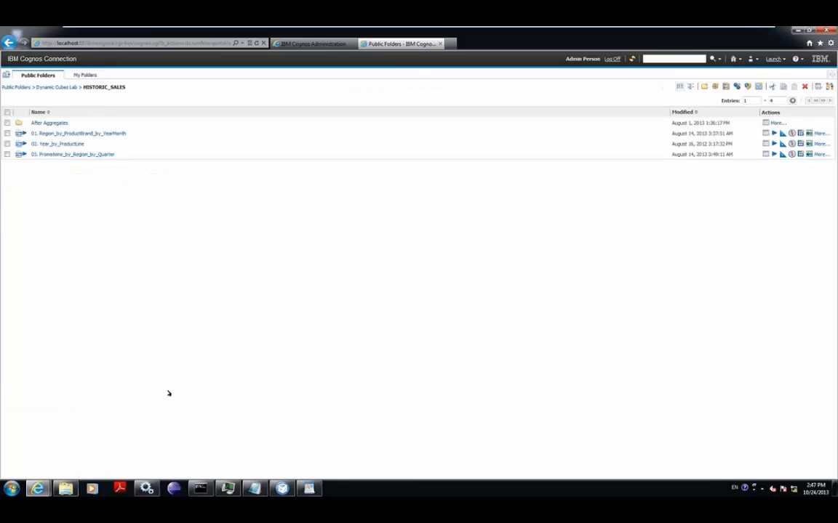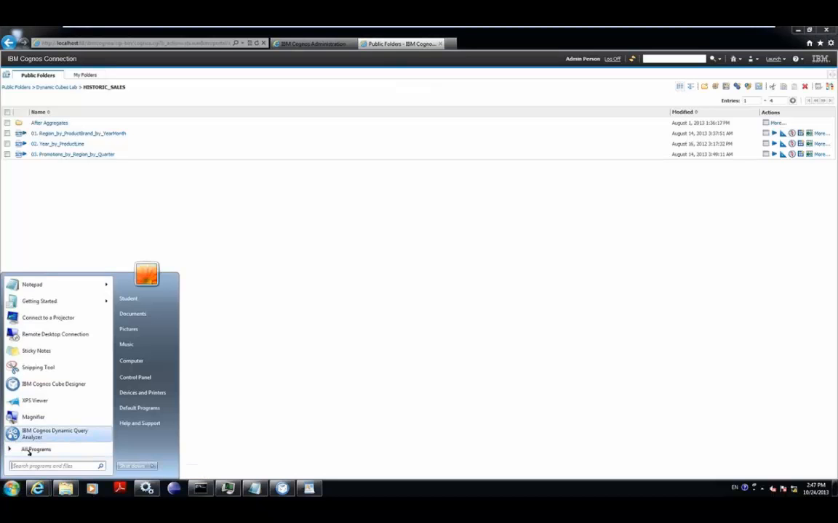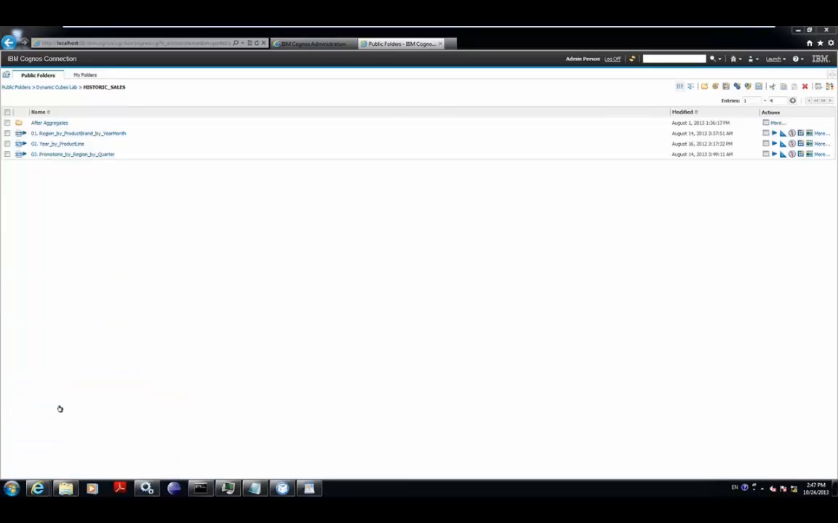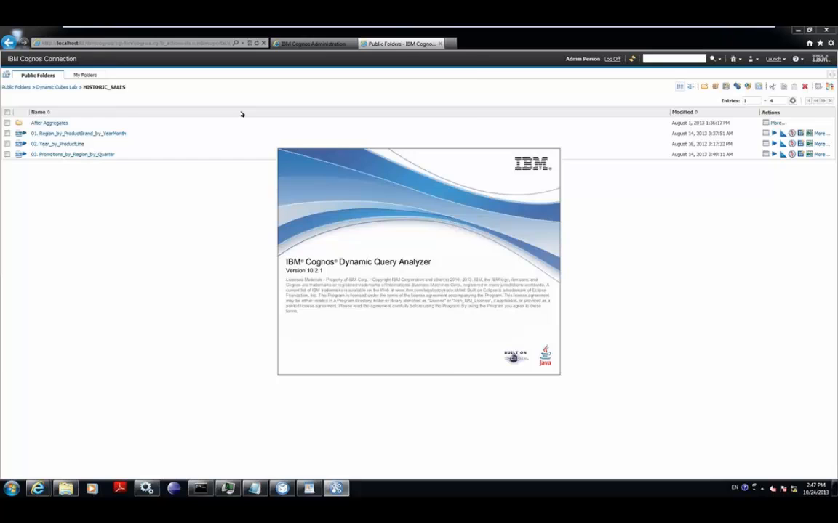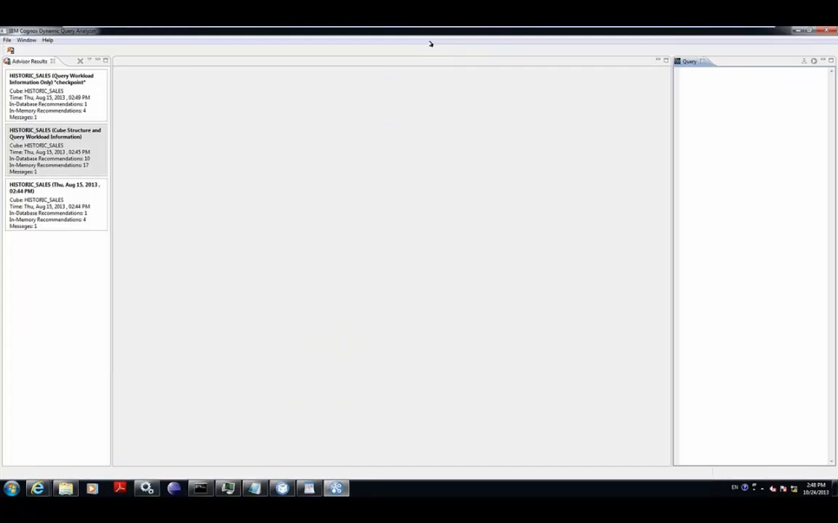Good question. So we run that. You saw the workload logs being generated. So let's open up Aggregate Advisor. Aggregate Advisor is part of the Dynamic Query Analyzer. For those of you who have used Dynamic Query Analyzer in the past, you might have used this to take a look at query performance individually. So, but new for